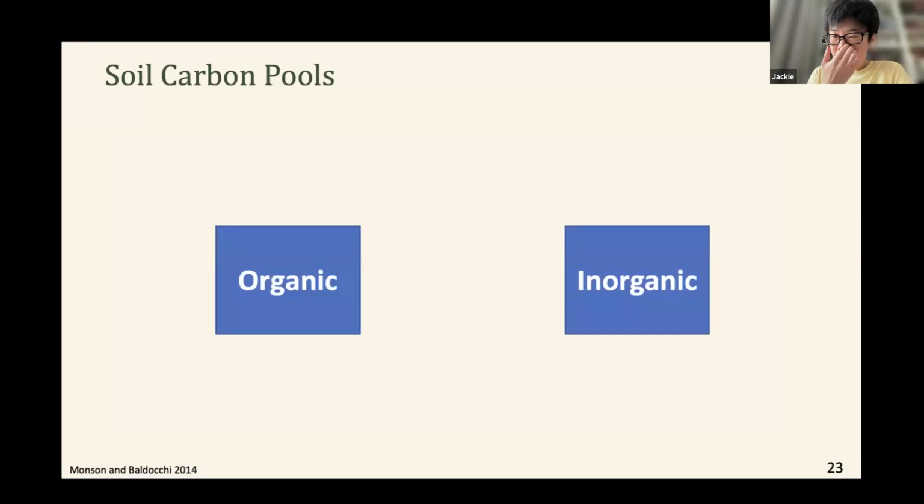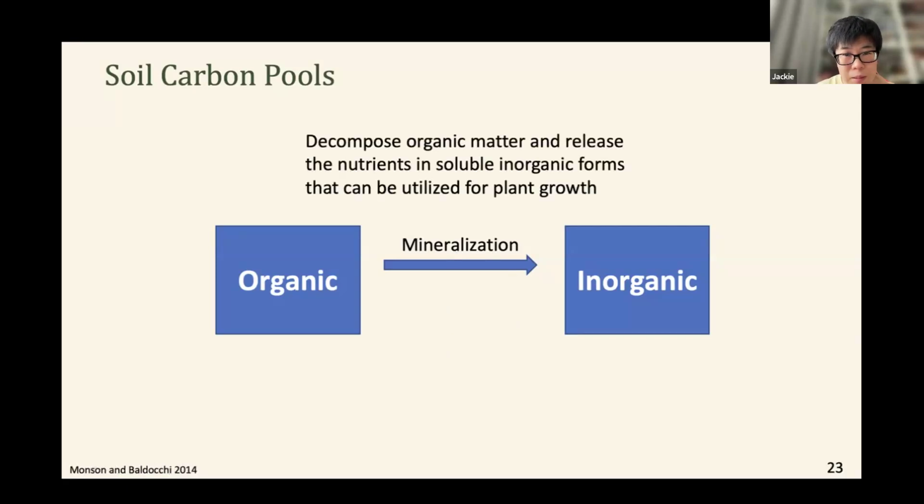And remember, when we talked about the importance of carbon cycle study, we said carbon exists in various forms, and that's why it's very complex. If you still remember, we have organic and inorganic carbon forms, and that is also true in the soil system. If we talk about the transformation from organic carbon to inorganic carbon, then we are talking about soil mineralization. That means the decomposition of organic matter and the release of nutrients in soluble inorganic forms